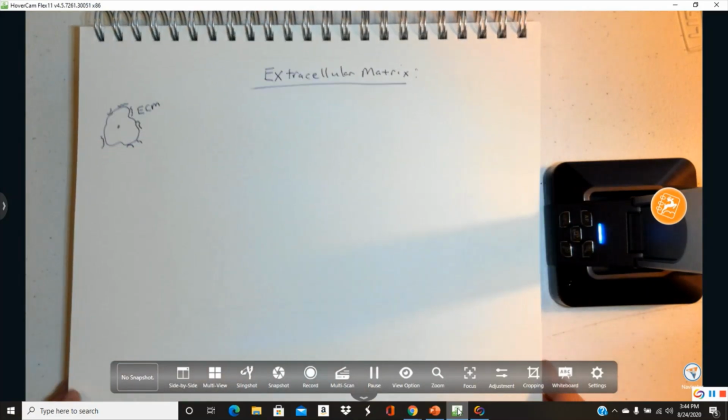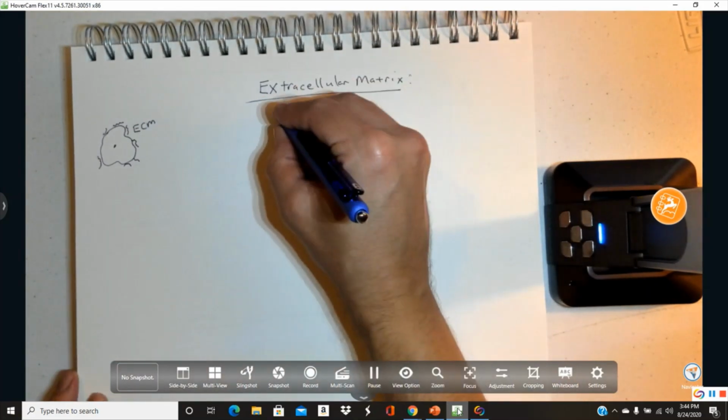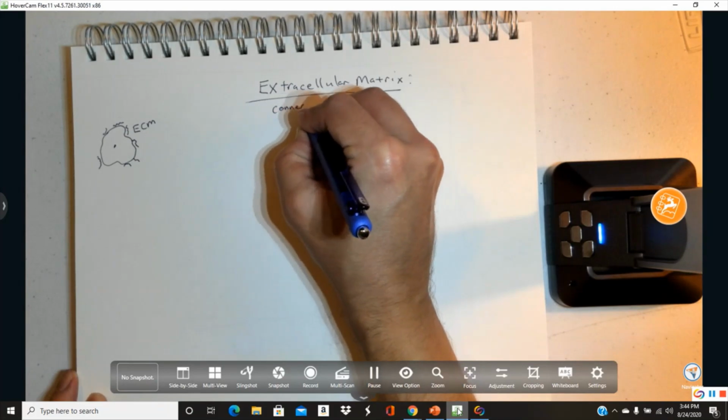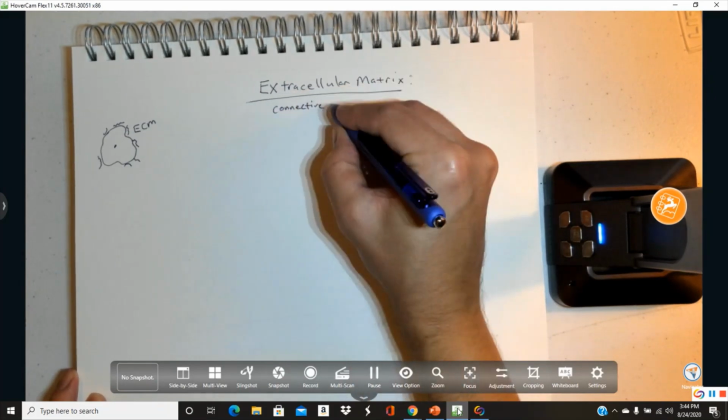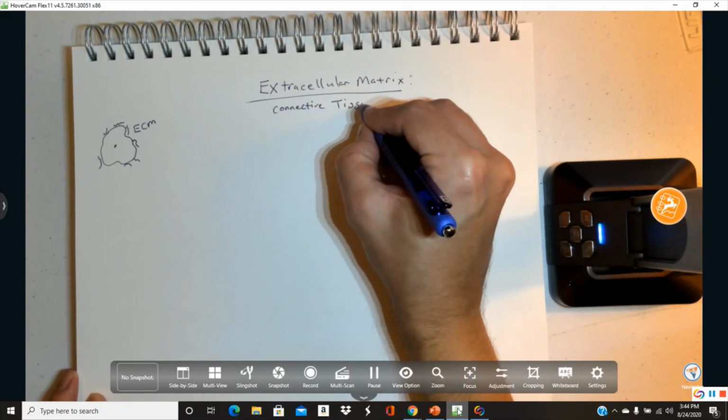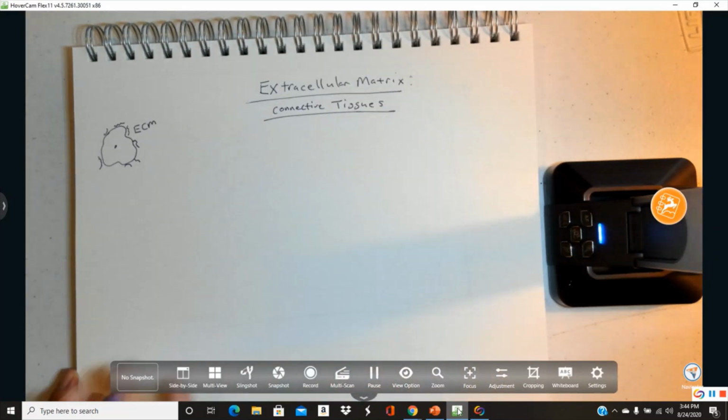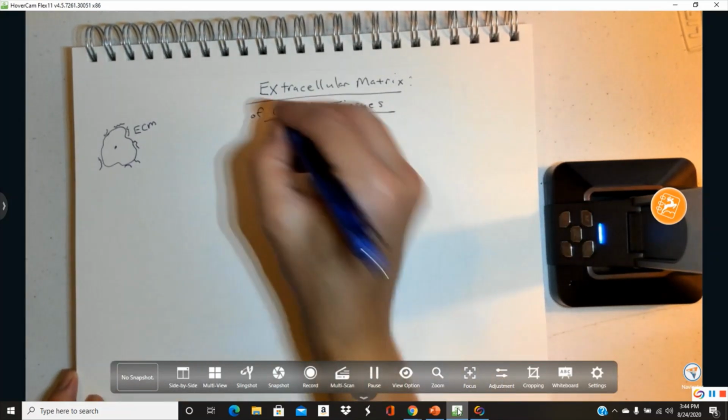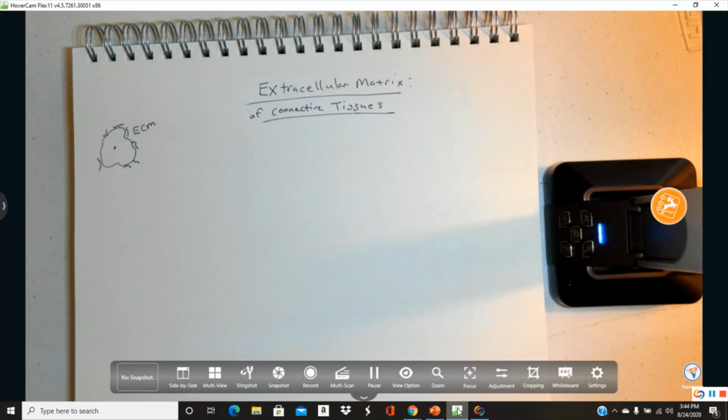Now, the extracellular matrix of connective tissue specifically is going to be very important in helping us understand what makes each connective tissue unique,